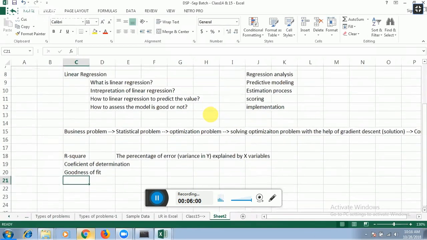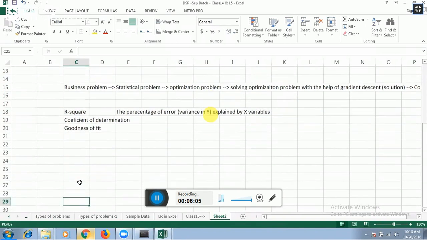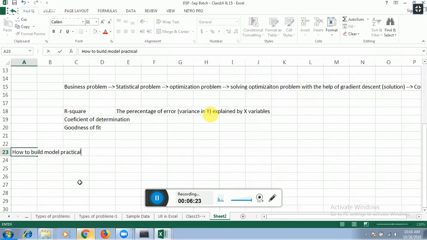Okay, cool. Now let's try to understand the next set of concepts which I was referring to yesterday. So you remember we discussed yesterday the concepts around linear regression. Now let's understand how to build a model practically. So that means the steps for implementing the model,